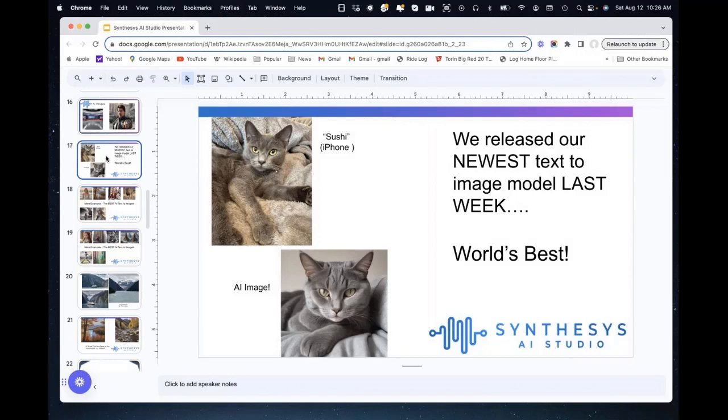So, okay, I saw that it was really quite similar and it was really good in terms of the quality. Like if you look at the ears of the cat on the bottom right, you could even see the fur coming off the top of the ear. I mean, look at the whiskers, and just the detail is remarkable, and the accuracy. So we released our newest text to image model just last week, and it's now become the world's best. So it's the world's best model that's out there right now, and we've added our own enhancements to it, and made it even better.